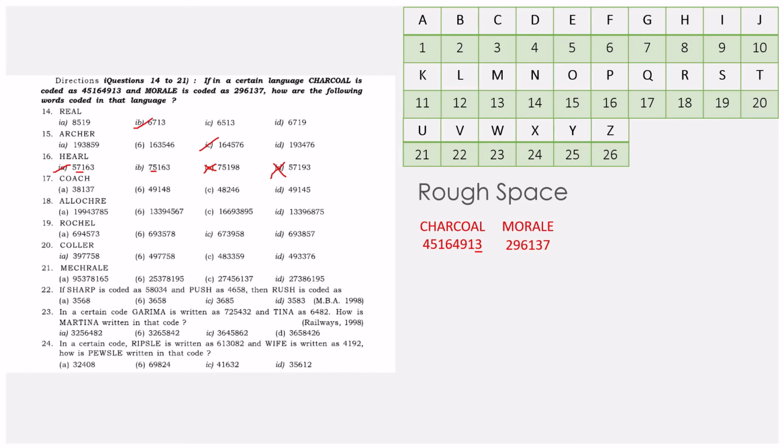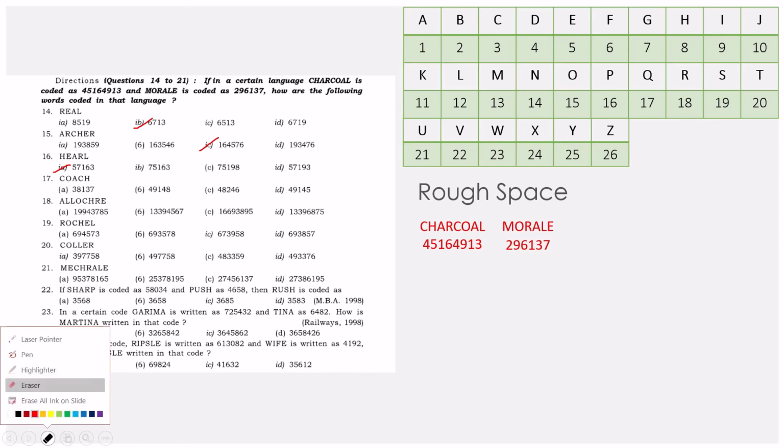We have eliminated this because there is 6 over here and 6 over here and 9 over here. Let's check this one also. The change happens in 9 and 6, right? So R is for 6 and option D is of course eliminated. Option A is absolutely correct. So going by this elimination method, you need not check all the options. You will be checking all 4 options at a time.